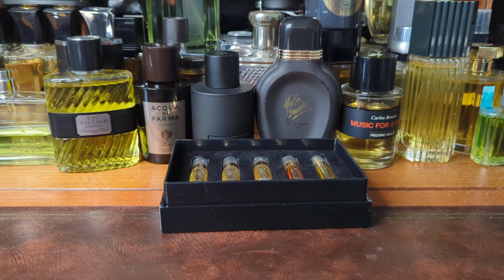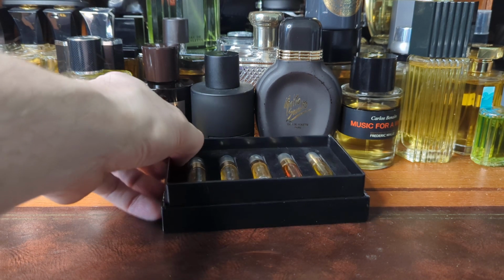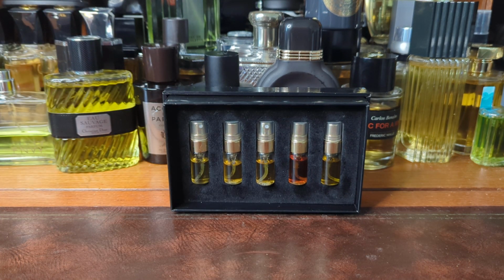It is chocolate iris. It is, what else is in it? Something a little bit spicy. Let's have a look at the notes. Nutmeg. Something a little bit floral. There's oud in it apparently. I don't get much of the oud, to be perfectly honest with you. I'll sit them up like that. There's a little bit of citrus in the opening, giving a little bit of zing. A little bit of